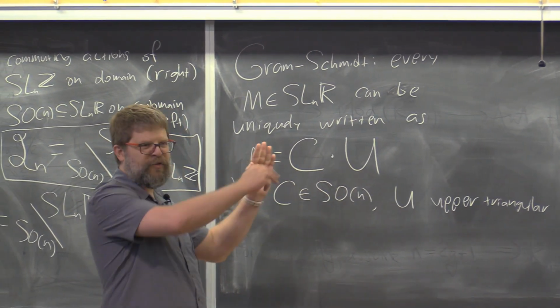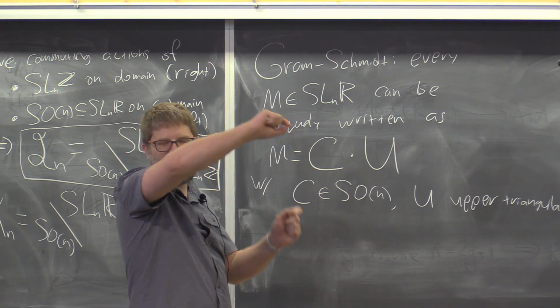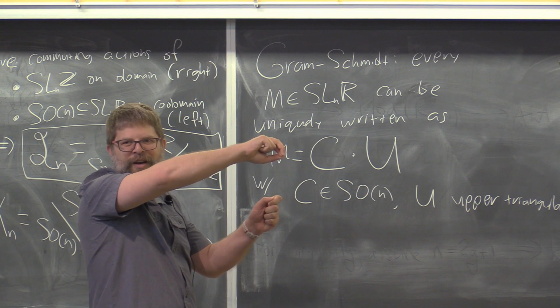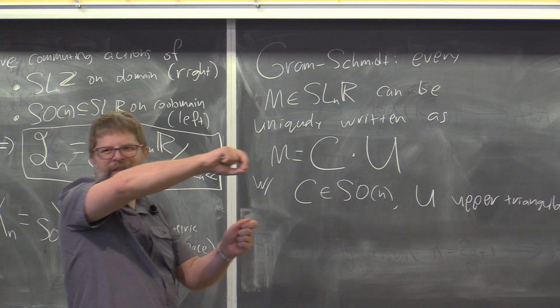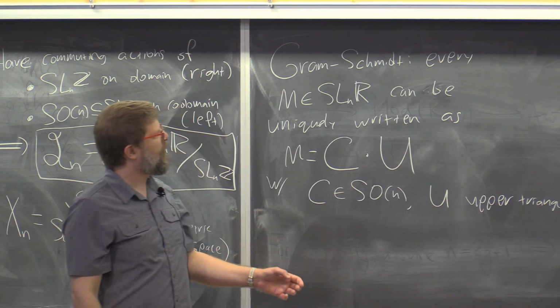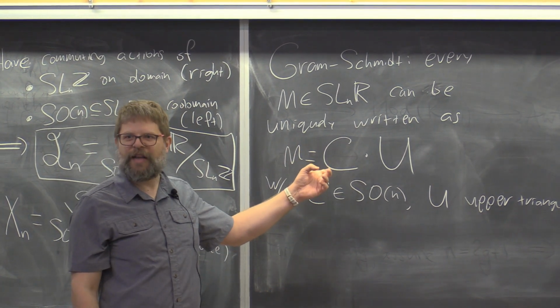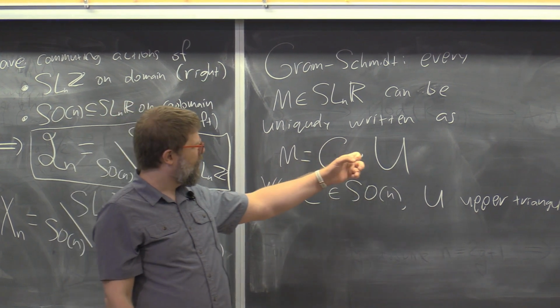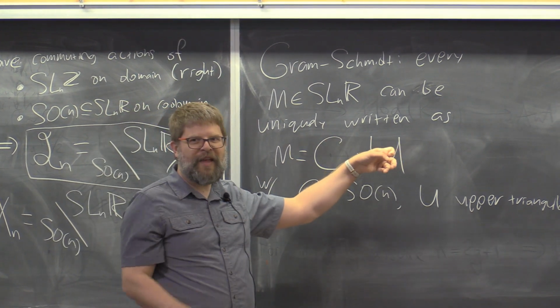Next, you do the same thing to the second column, but then you don't need to add anything. The second column only needs to be added to the fifth and so on. And so then you see that process, that familiar Gram-Schmidt process, really is writing. You take C, that's the result of the Gram-Schmidt process, and sort of undo it, and that's U right there,